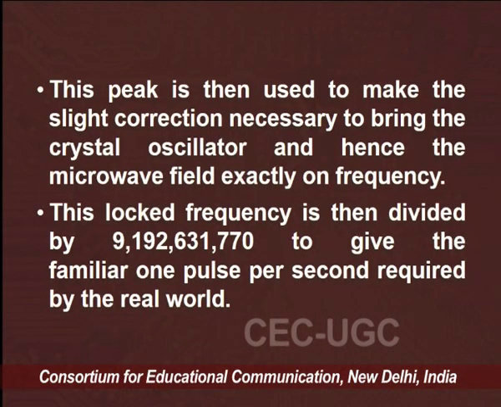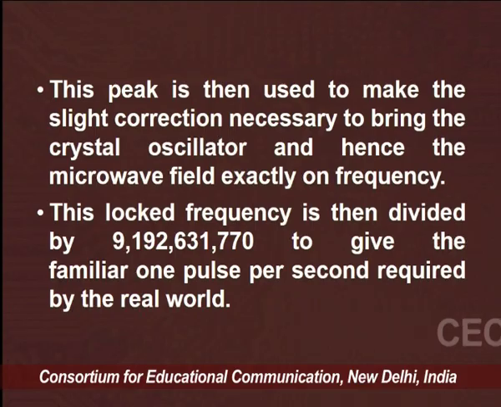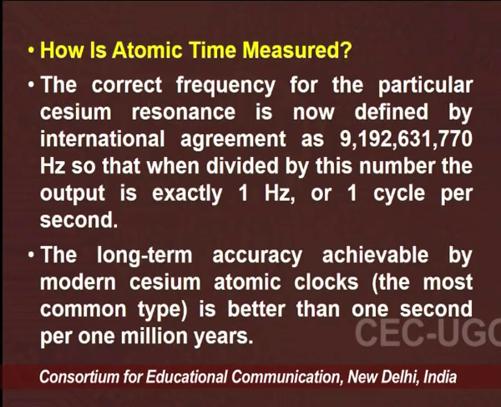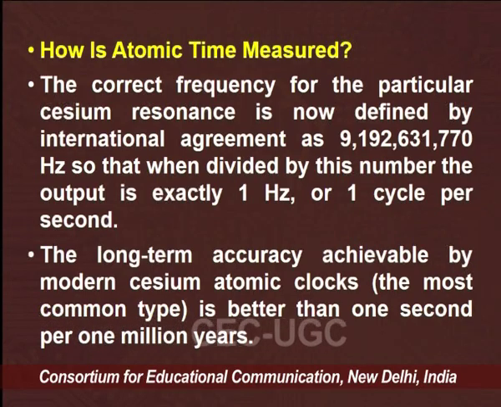This locked frequency is then divided by 9,192,631,770 to give the familiar one pulse per second required by the real world. So, how is atomic time measured? This is a good question. The correct frequency of the particular cesium resonance is now defined by international agreement, that is defined by this value, 9,192,631,770 Hertz. So when divided by this number, the output is exactly 1 Hertz or 1 cycle per